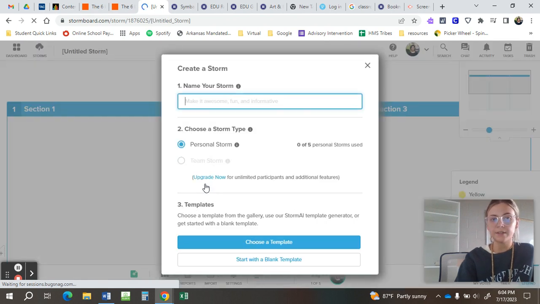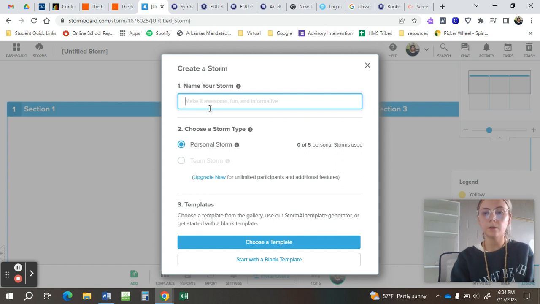and it will come up this page. It'll ask you to name your storm. So for the sake of this video, I'm going to name it Video Assignment. I'm going to leave my storm type, and then this is the part that I like the best